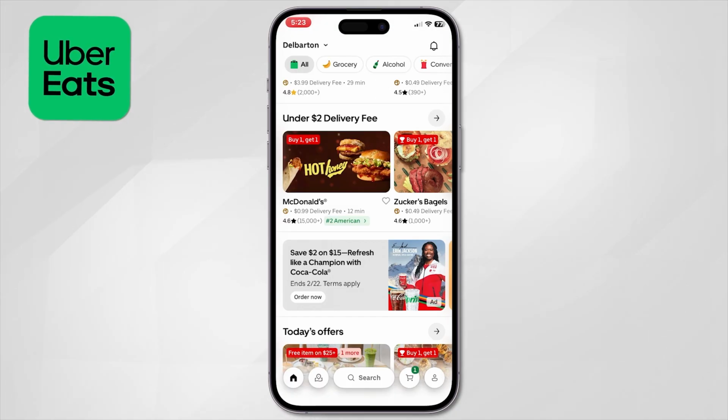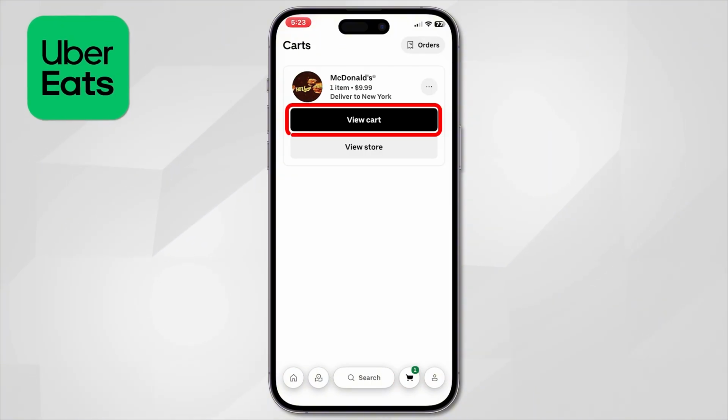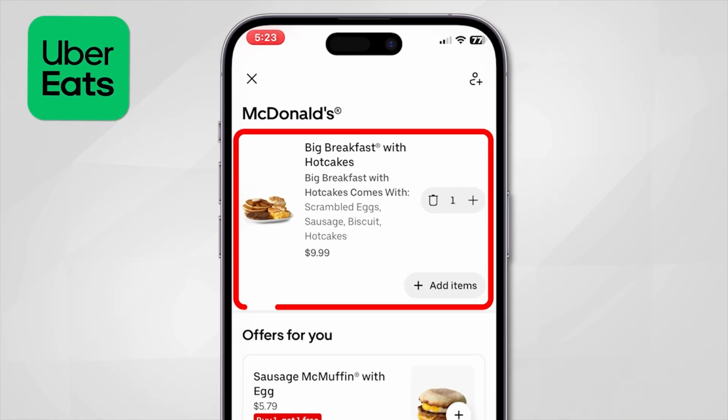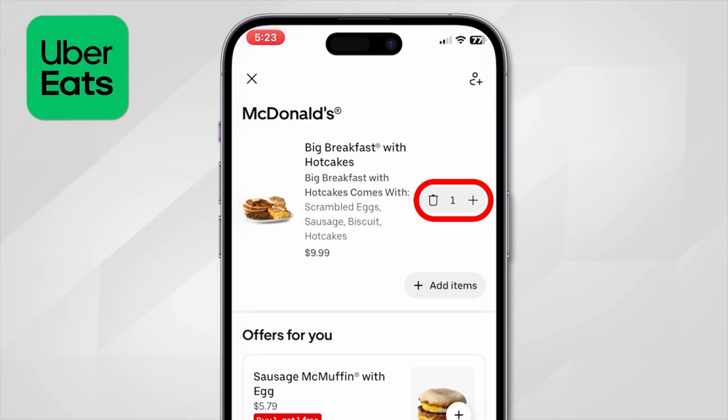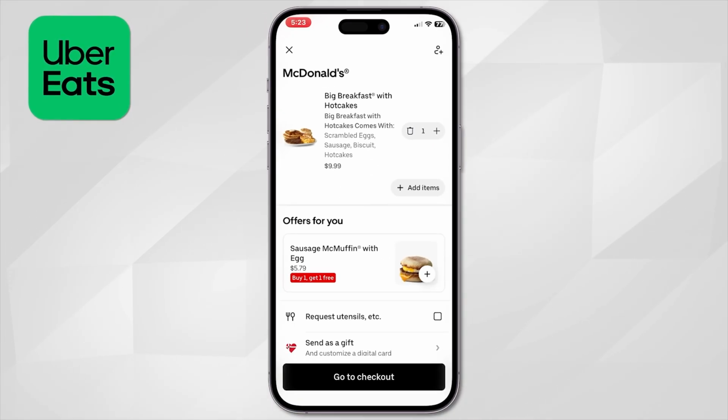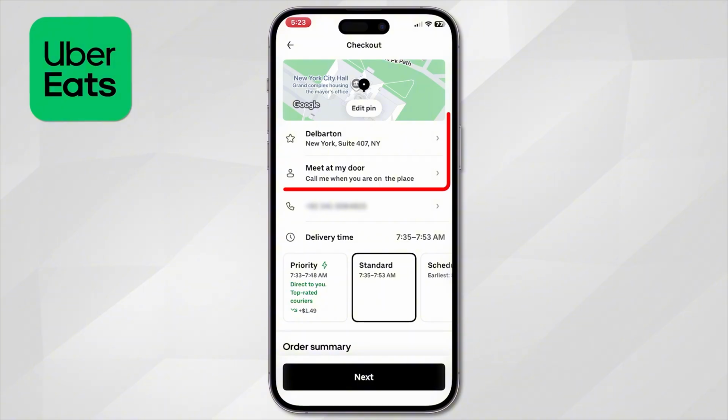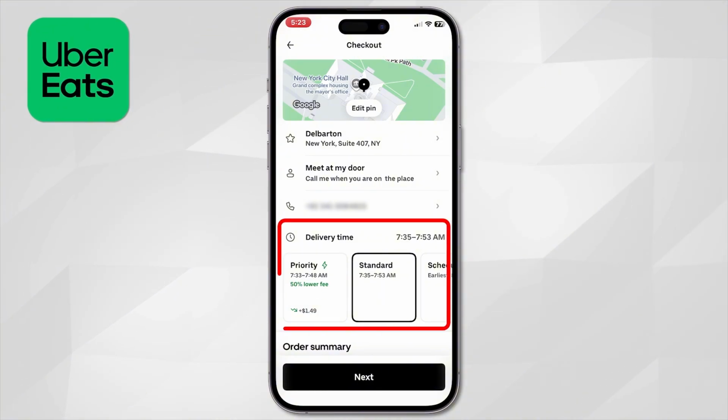Once you've added all the items you want, tap the cart icon to review your order. Here, you can check the items, adjust the quantity, or remove anything if needed. Next, tap Checkout. Confirm your delivery address, choose your preferred delivery time,